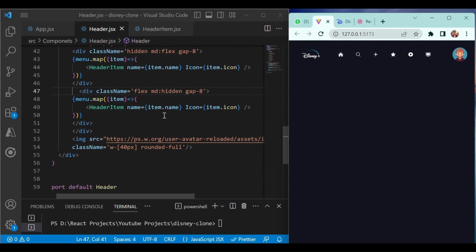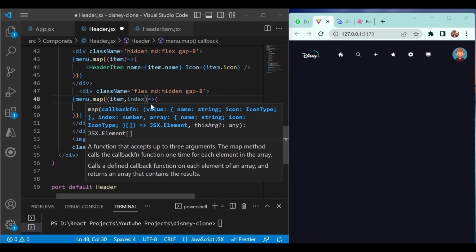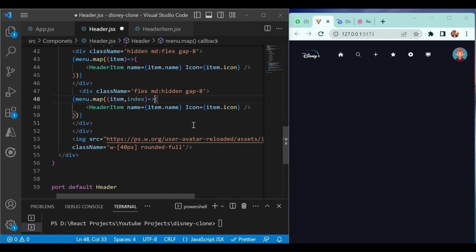Perfect. Now the next thing, you just want the first three icons to be displayed on the screen, okay. So here you can add the condition. First add the index in the 0 1 2 item, right? So it's keeping track of the number of items you are iterating. And here you can add index is less than 3 and then show it, okay, like this.